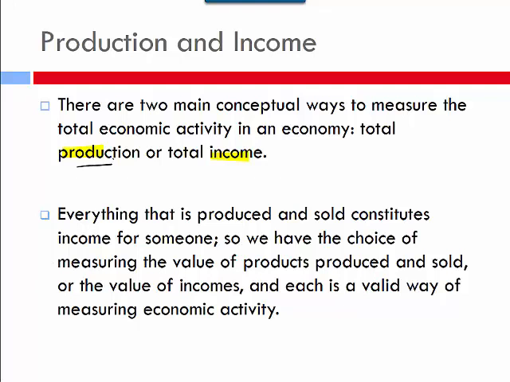The reason is, if we go back to that circular flow diagram that we talked about, everything that's produced is sold. Everything that gets sold by one company is income for someone, and that's an expenditure for somebody else. So we can look at it by what's sold, or by income, because they're all going to be the same thing. What I spend is somebody else's income, so it doesn't matter which side I count it on, I should come out the same.